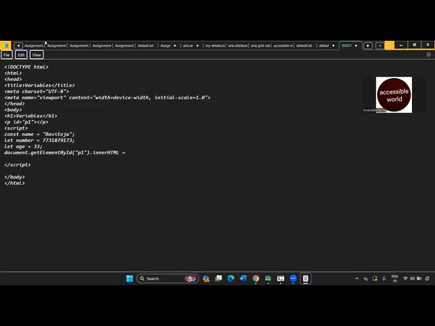So if I want to display the name, I simply need to write the variable name here. What are the variables here? There are 3 variables: one is name, second is number, and third is age. So if I want to display the name, I simply need to write name here. name;